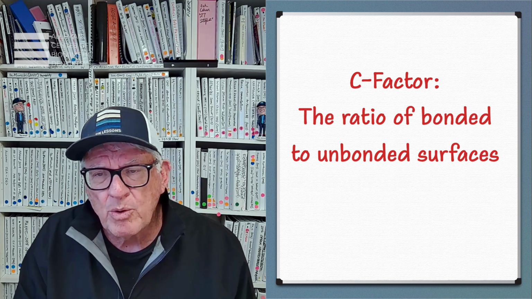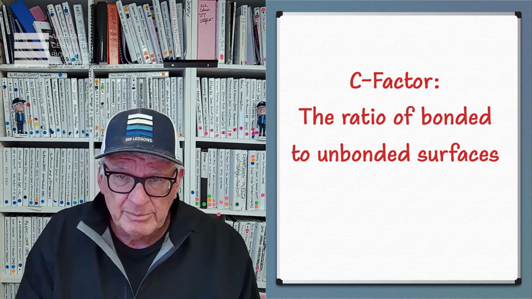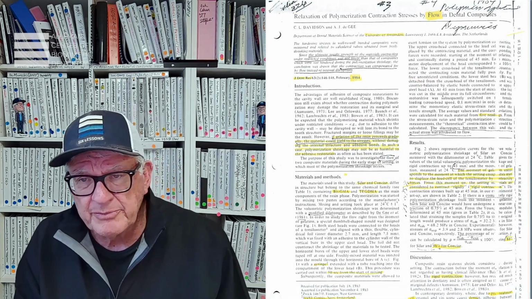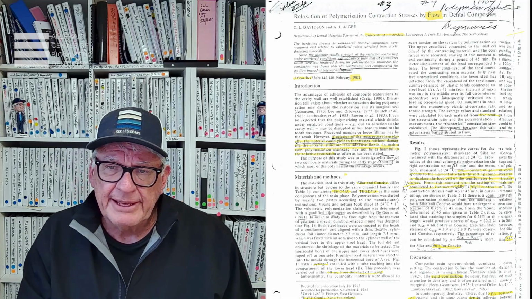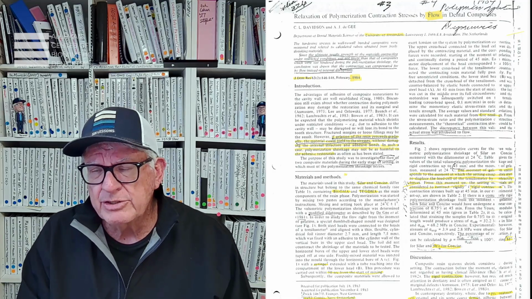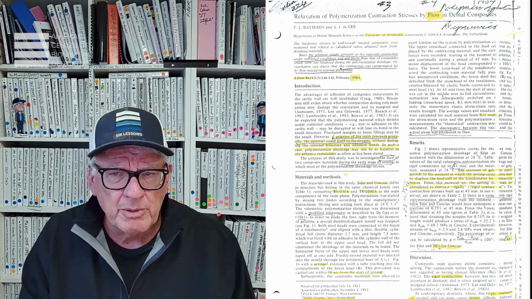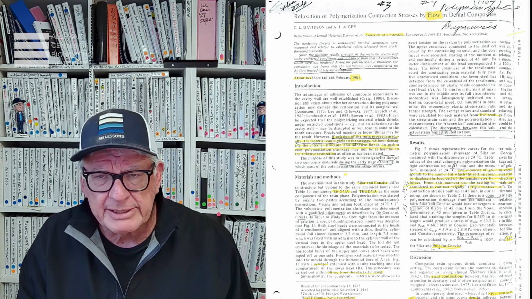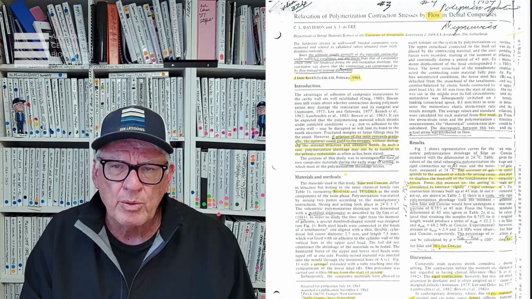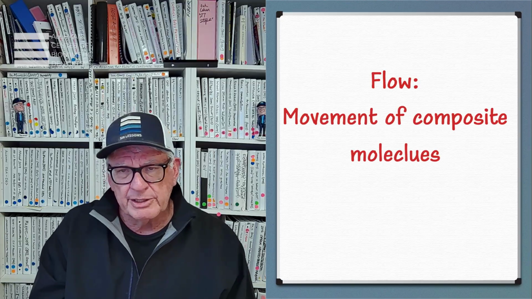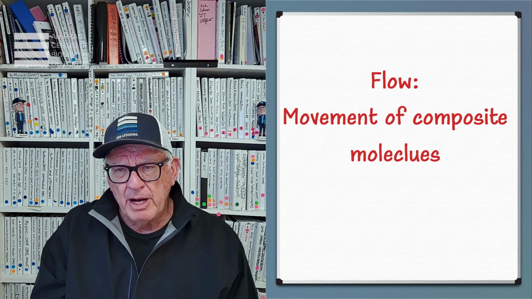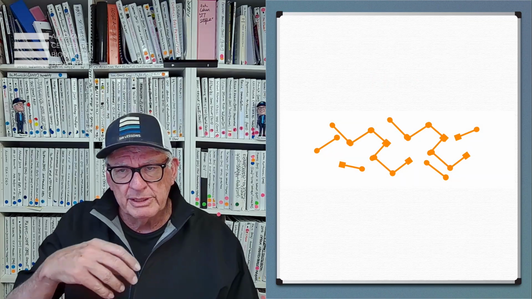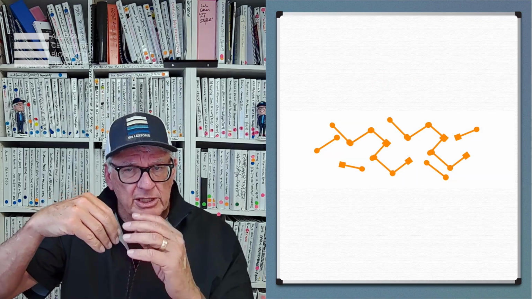Why is that important? Well, it was discovered by Carol Davidson and his team, Felser and DeHay, that if you have a large surface area and a small amount of composite, then the composite doesn't have the ability to flow. Well, what's flow? That's another word. Flow is the movement of composite molecules, and the flow of composite molecules can be inhibited by cross-linking, meaning